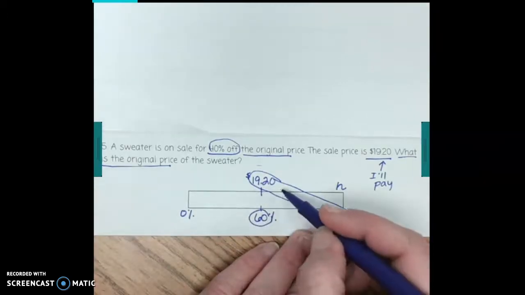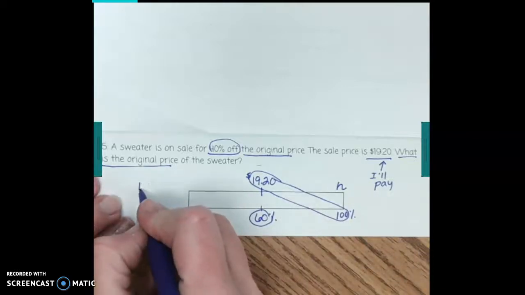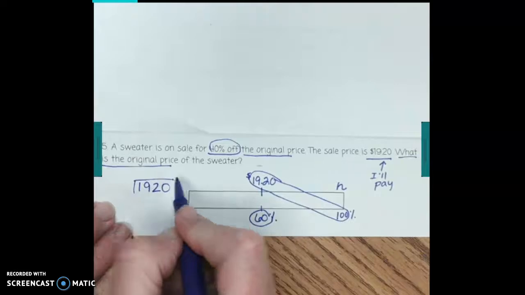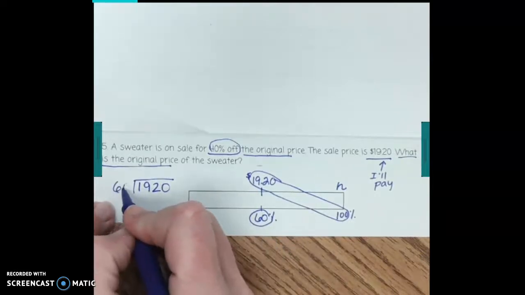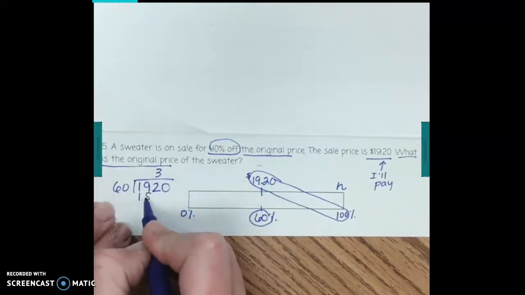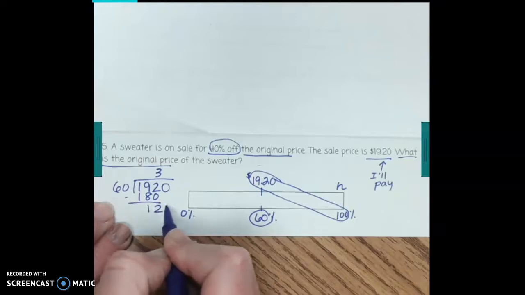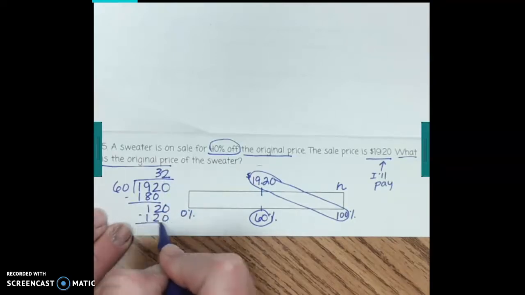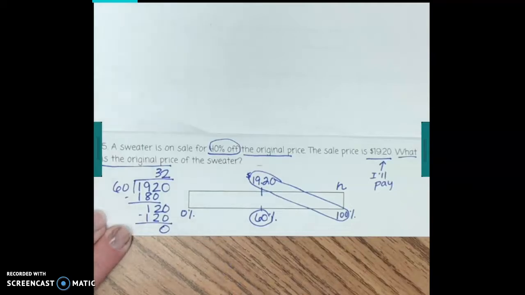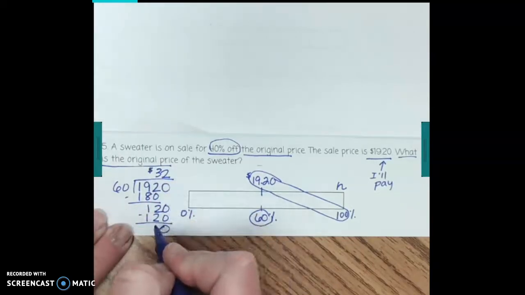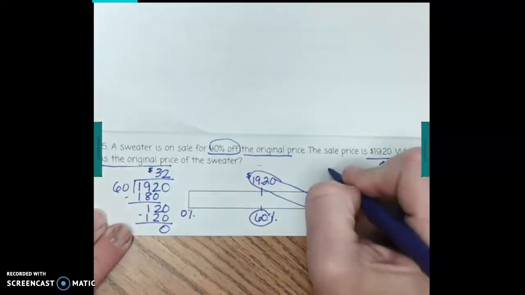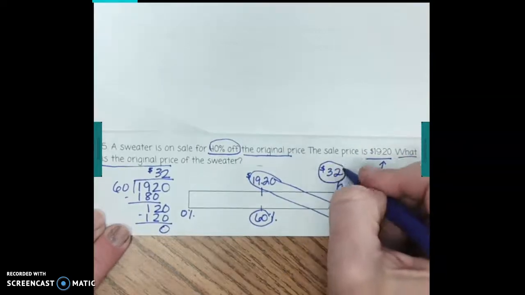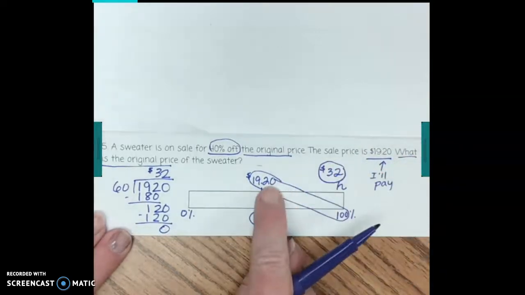So $19.20 times 100 is 1,920. I'm going to divide that by the ball, 60. And 2 times 60 is 120. So the original cost of the sweater was $32, and then they put the sweater on sale, 40% off, and sold it for